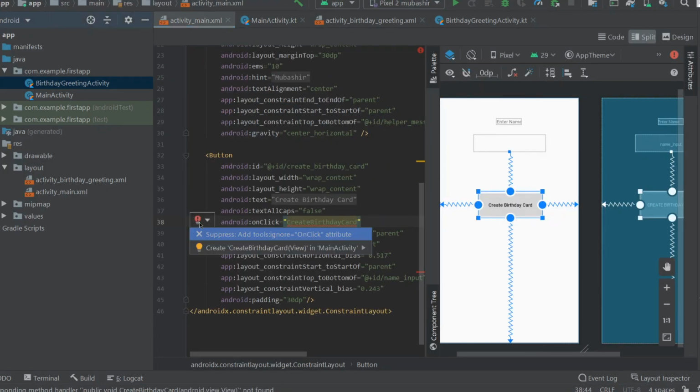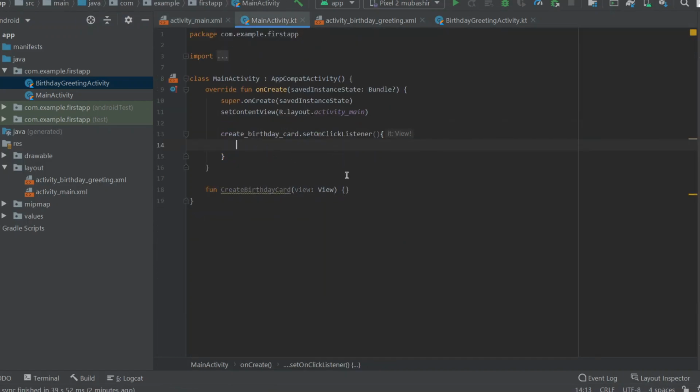So let us make a new function in main activity. Click on this. So now the error is gone, and here we got a new function create birthday card. So now we can remove this, and here we will define all the work we want when the button is clicked.